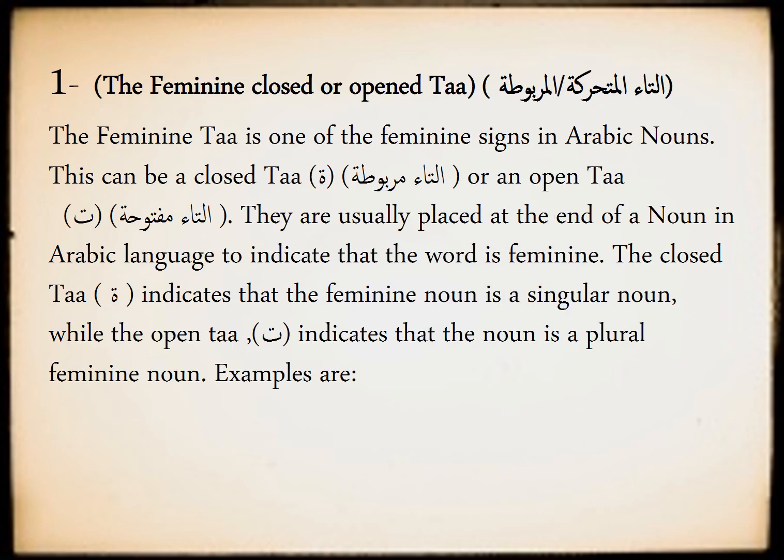1. The feminine closed or open ta. التاء المتحركة أو المربوطة. The feminine ta is one of the feminine signs in Arabic nouns. This can be a closed ta, التاء مربوطة, or an open ta, التاء مفتوحة. They are usually placed at the end of a noun in Arabic language to indicate that the word is feminine. The closed ta indicates that the feminine noun is a singular noun, while the open ta indicates that the noun is a plural feminine noun. Examples are